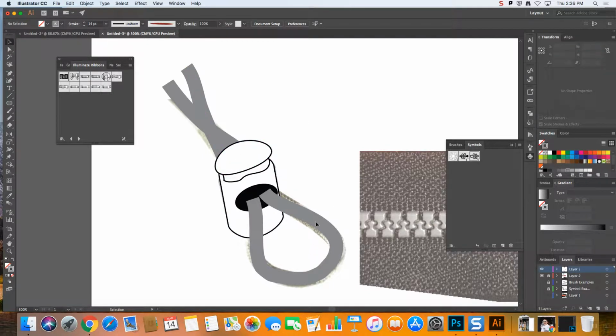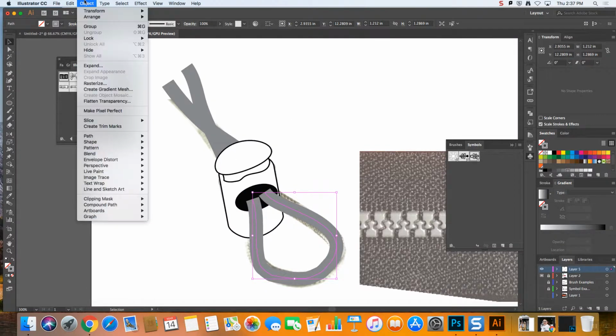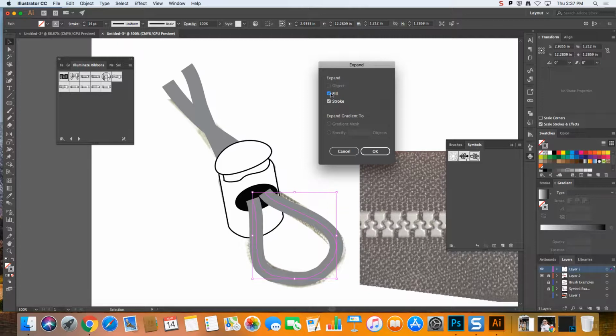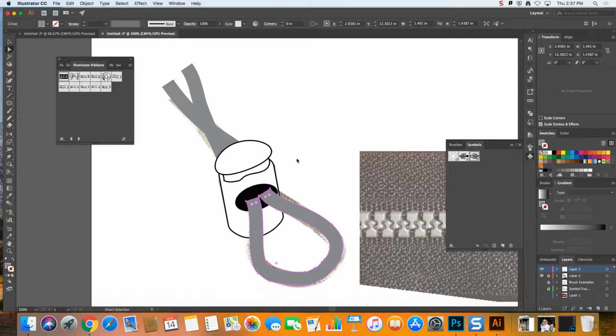So we can get a black outline around this gray shape. It's not too hard. We just have to go to Object Expand. We've used this many times for expanding letters into editable shapes and all that jazz. But with Object Expand, we can choose Expand, Fill, and Stroke. And so it's going to take this, which is just a stroke, and turn it into more of an editable shape. See, so now we have anchor lines and anchor points that go all the way around the outside instead of just down the center. So we can turn on our normal,